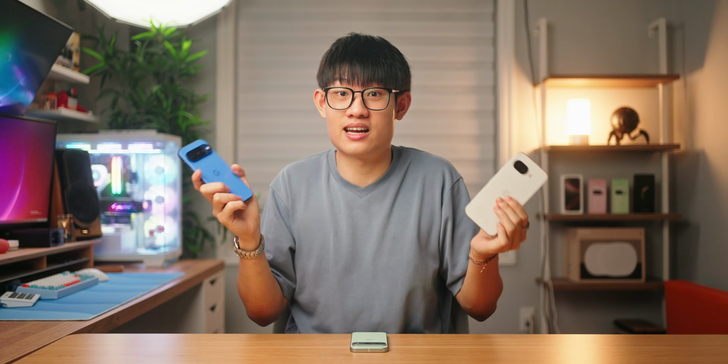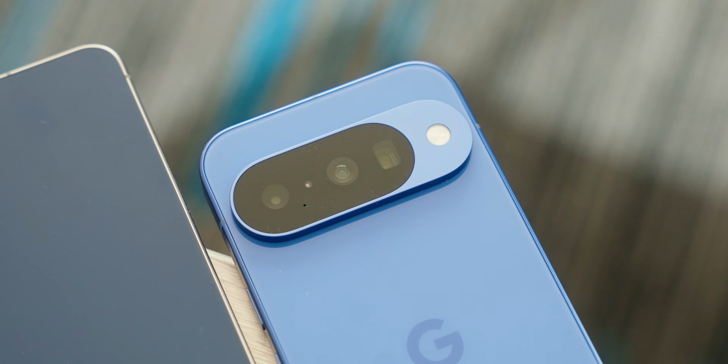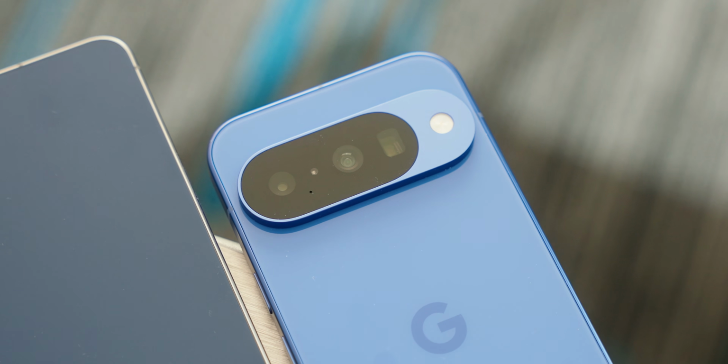Yeah, I don't know why they did that other than saving money to add the 5x telephoto lens, which is cool, but is the Pixel 10 really worth double the price in Canada or $300 more if you're in the US? I don't know, man, but let's talk about what they changed from the Pixel 9 first in terms of